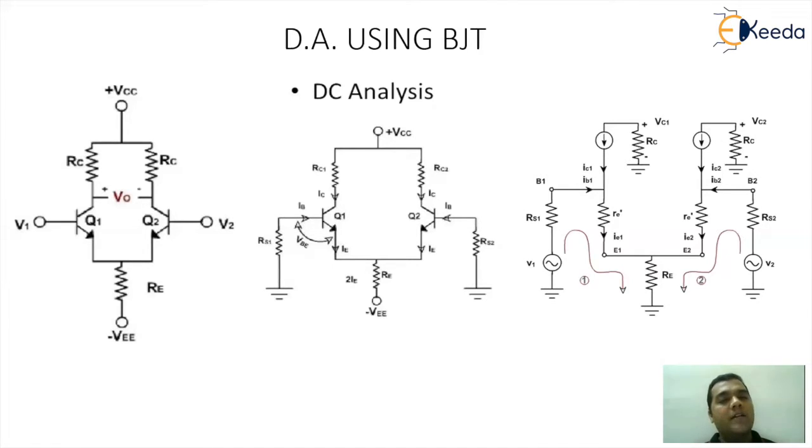So when you talk about the DC equivalent and the AC equivalent, the DC equivalent circuitry is the one where we have the DC connections and the AC points are taken as ground. Whenever we talk about the AC circuitry, we have the AC source and the DC points are considered as ground. If your observation is very sharp, there is no concept of coupling capacitors present in the circuitry. Differential amplifiers are direct coupled amplifiers, and direct coupled amplifiers do not have capacitors anywhere in between.